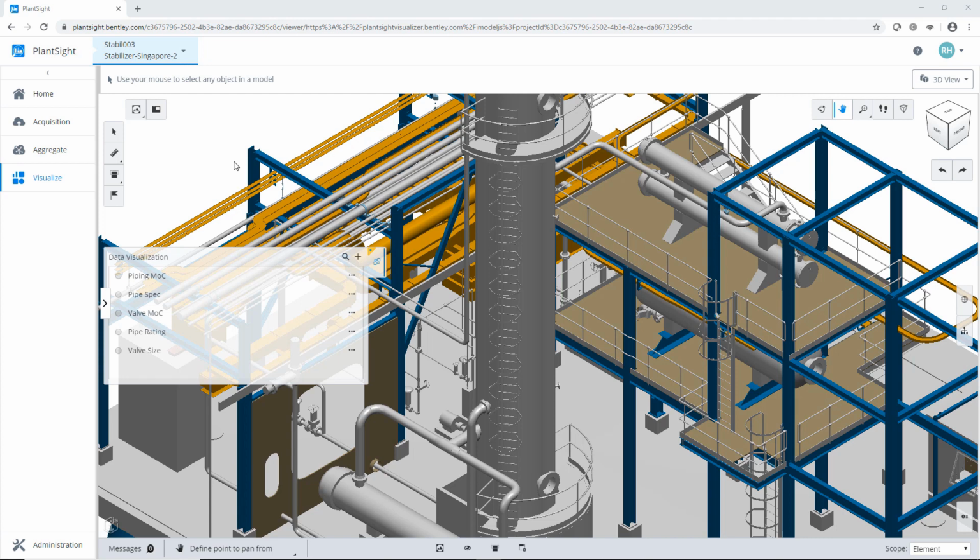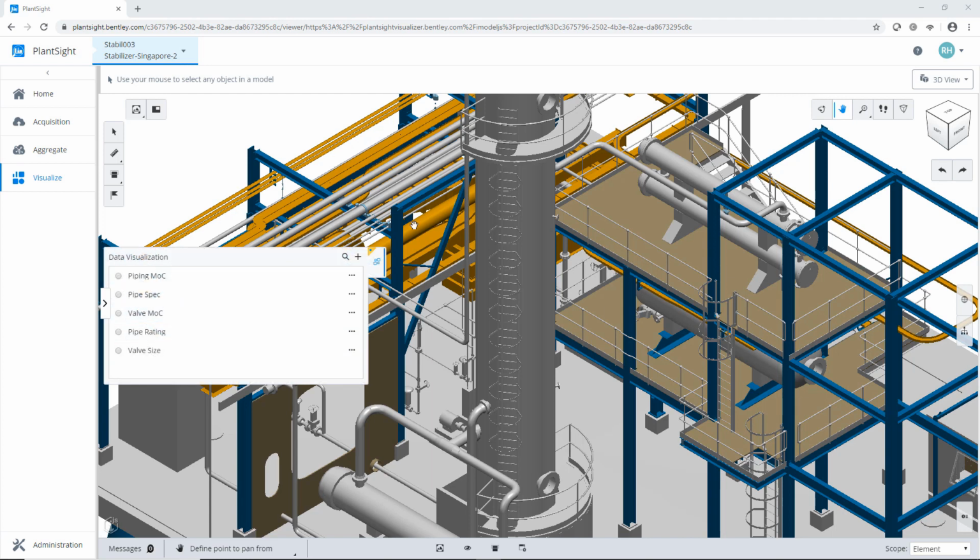The current worldwide situation with COVID-19 provides unique challenges for collaborative engineering workflows. Whereas my design team used to typically be in the same office or collaborating across different offices, I now have most of my engineering staff working from home, so I have to find new ways in order to collaborate on designs. So with PlantSight and the cloud service that we are providing here through iTwin Services, we have the ability